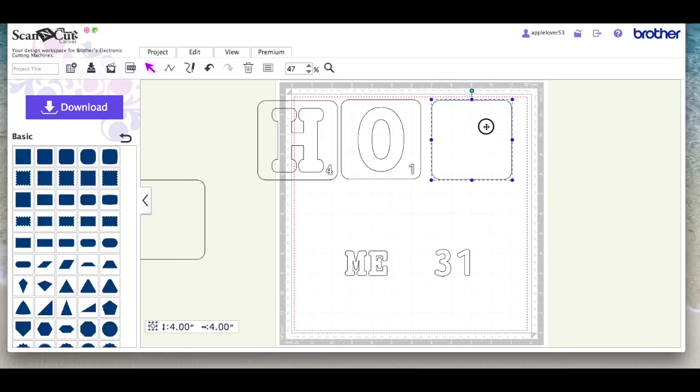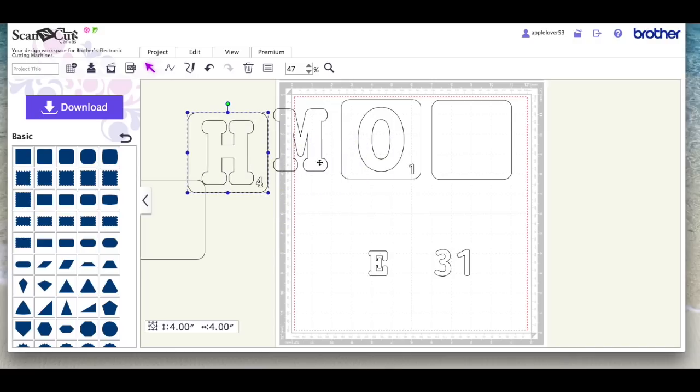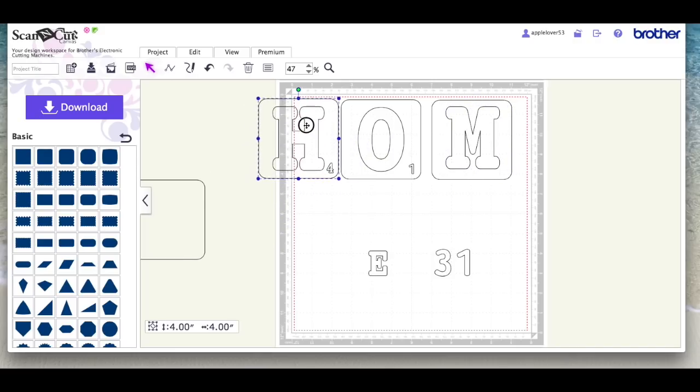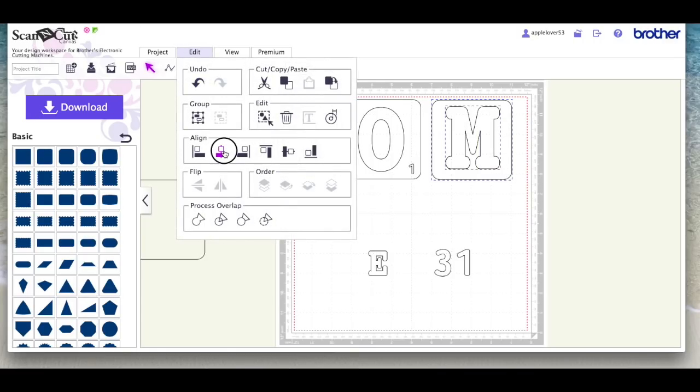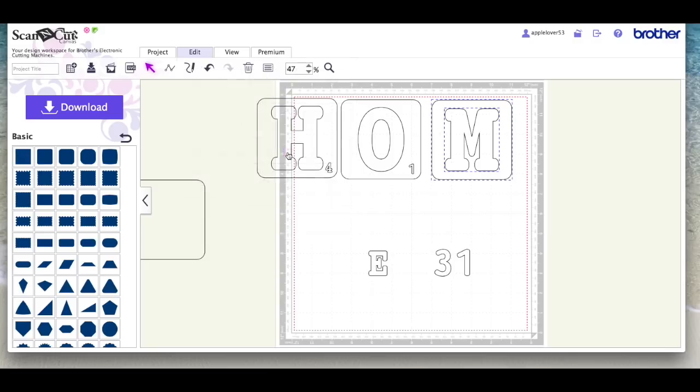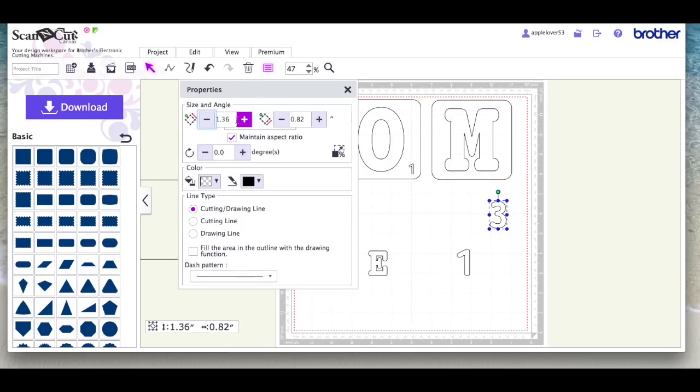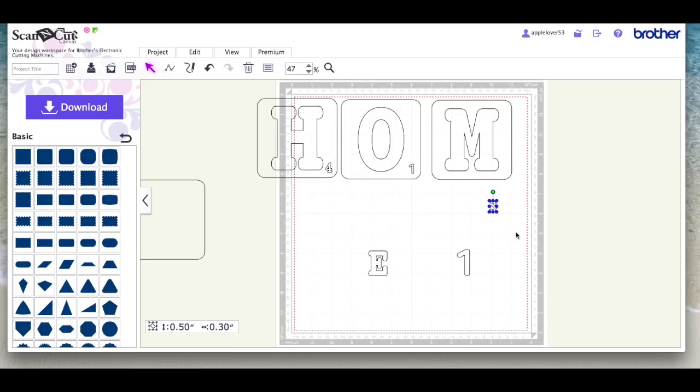And then I'm just going to repeat the same for the other 2 letters. So again, I'm just placing the M just to give me an idea of size. Select both of these, centre them on the horizontal and vertical, and the number that goes with the M is the 3. So select the 3, go to the properties box, make it 0.5 high, put that in,